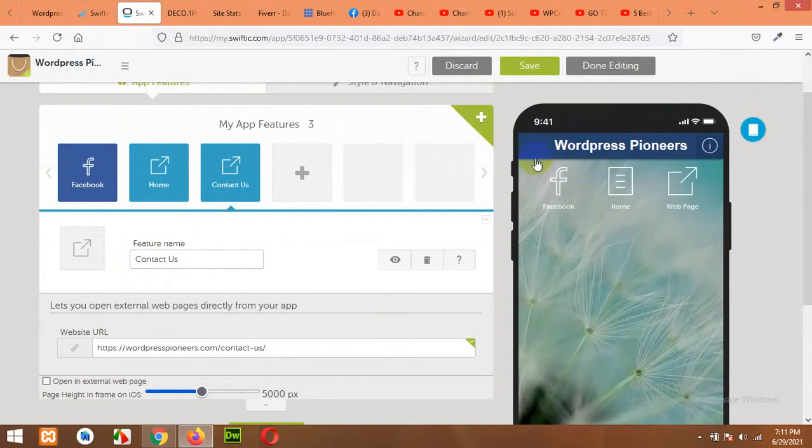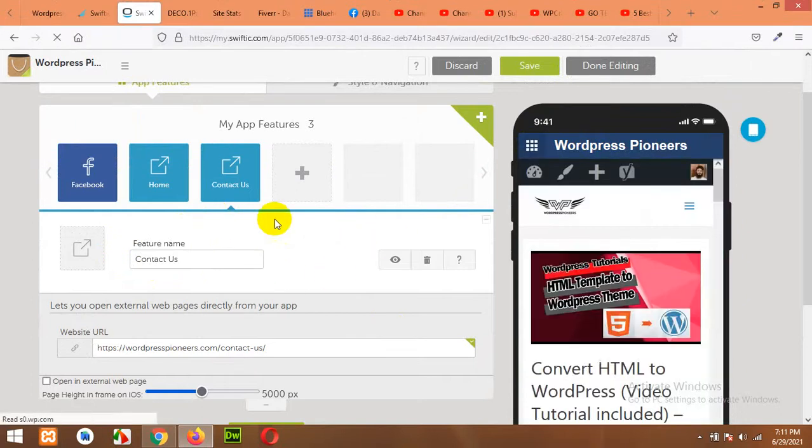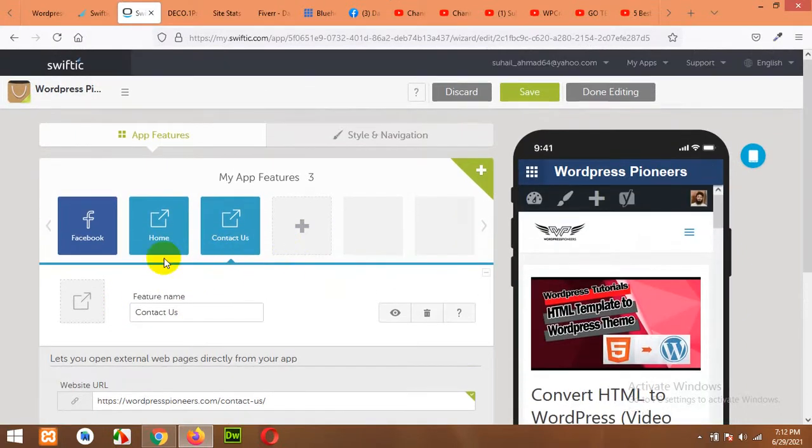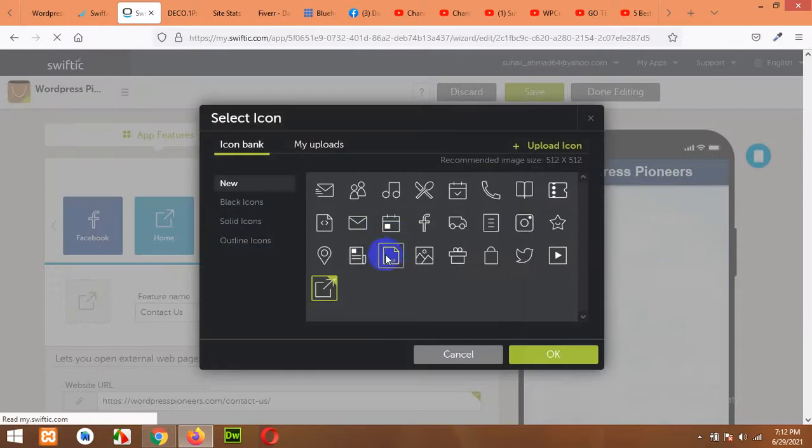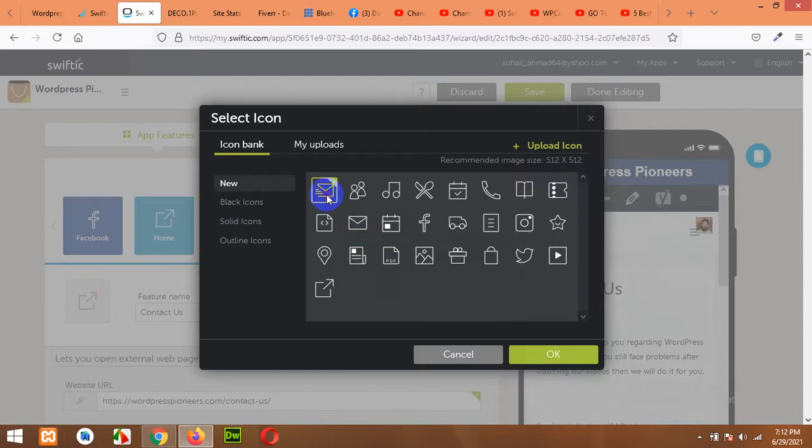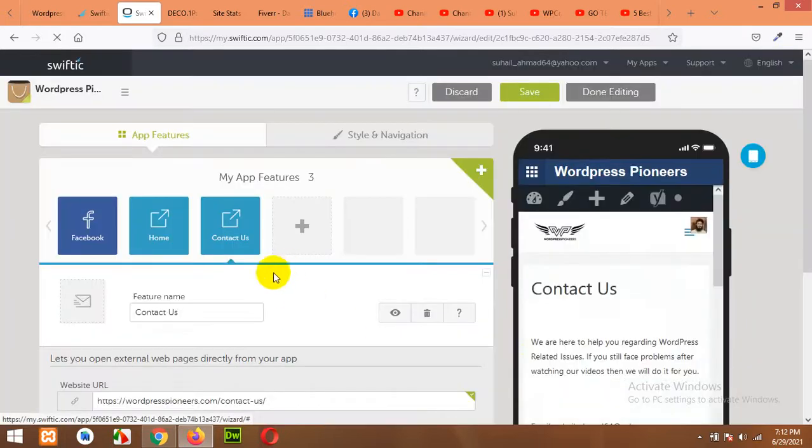Now if you click here, you will see Facebook, home, and web page, which is this contact us now. Let's change the icon, which is let's add this email-like icon for this feature.